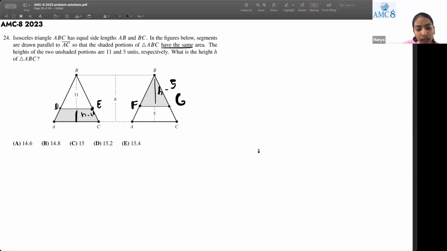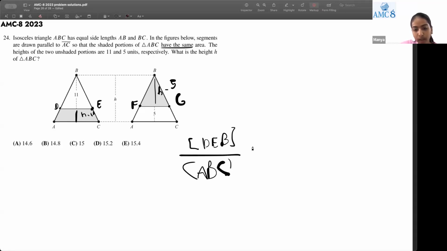And so now we know that the ratio of DBE over the total area, which is ABC, equals 11 by H. Okay, and to find out just the length of this part, just the area of this part,